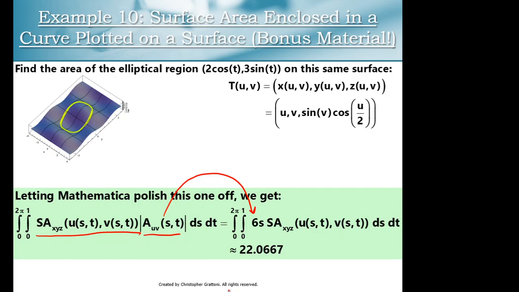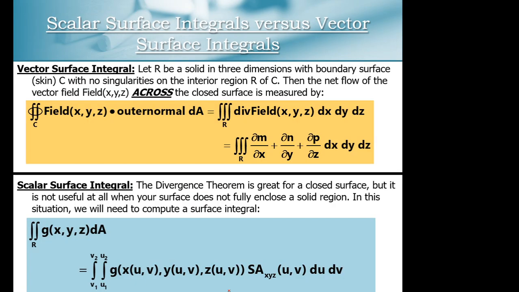But anyway, we let Mathematica do the rest of the hard work. And the surface area of that elliptical cutout piece of wavy surface is about 22.0667 units, whatever those units might be. All right, finally, and what I'd like to close with,